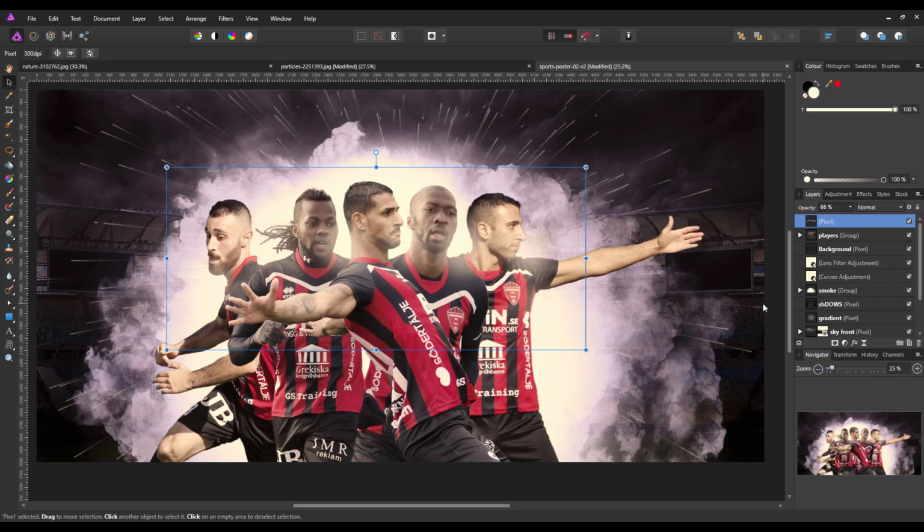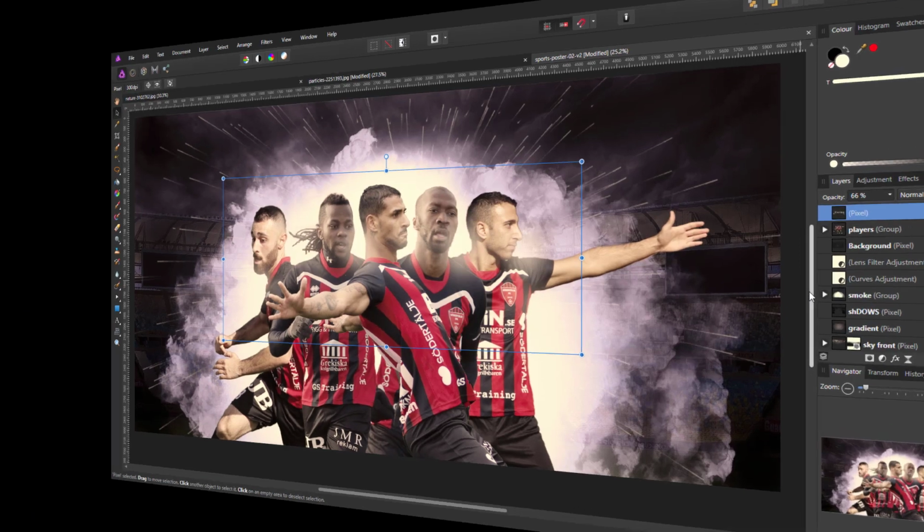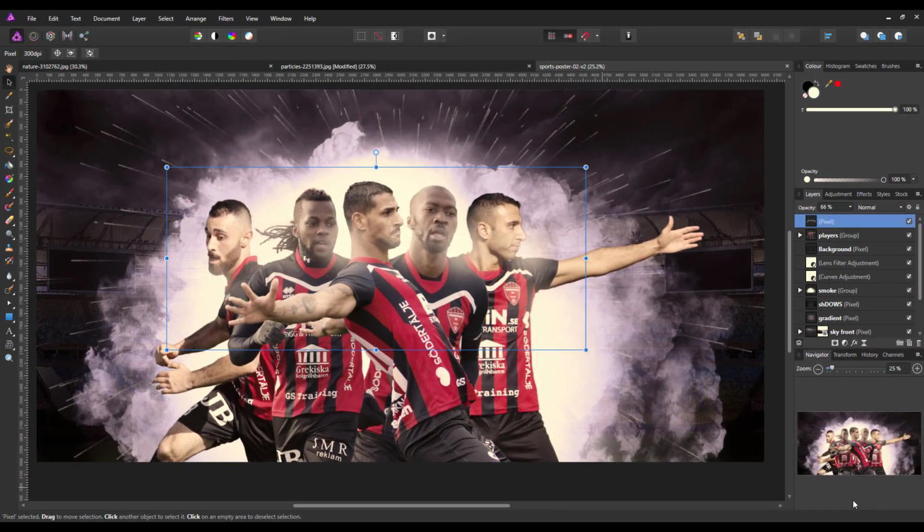But we can sort of move on and add a bit of text, but let me just save this as I am at this moment so I don't lose it. Right, okay, I have now saved that, and next I'm going to add sort of a bit of text along the bottom here. First I'm going to